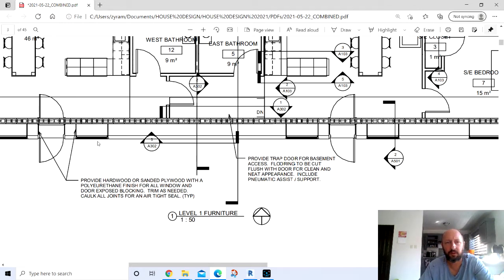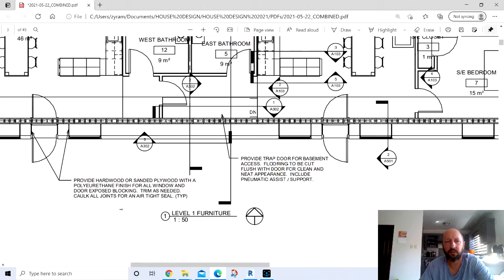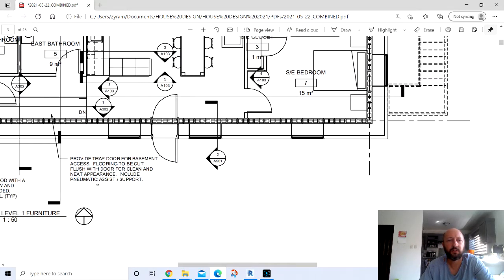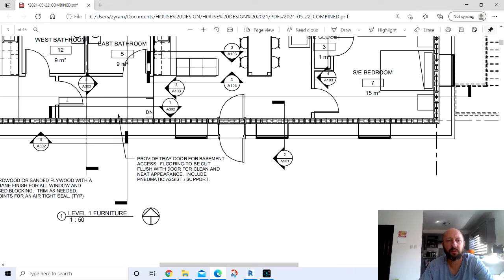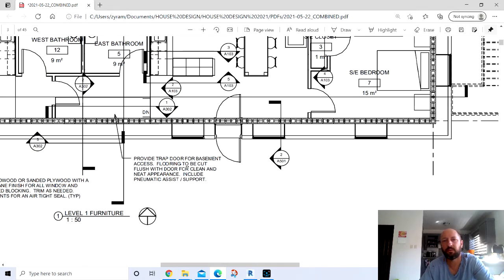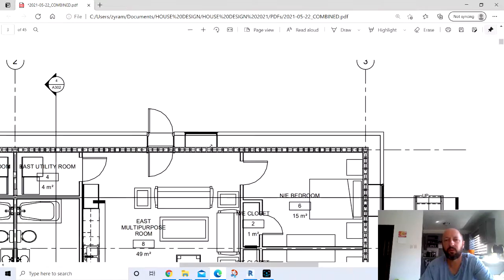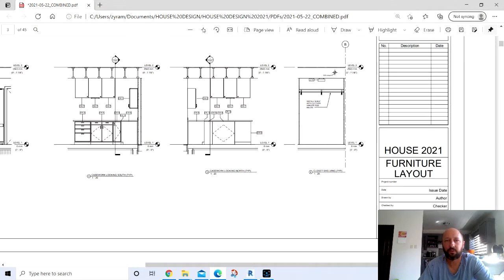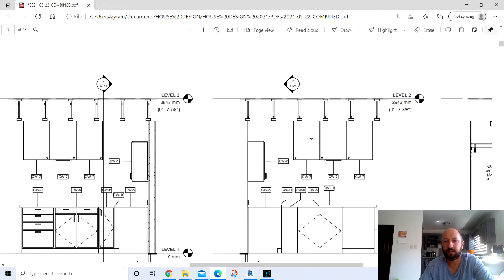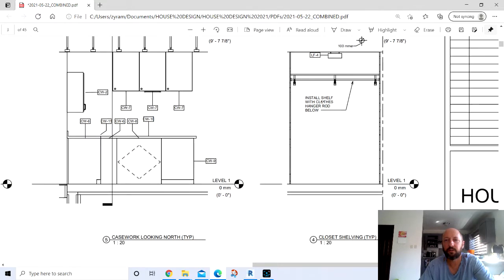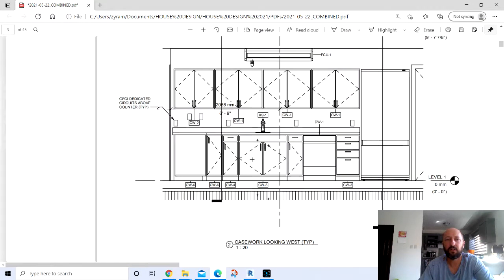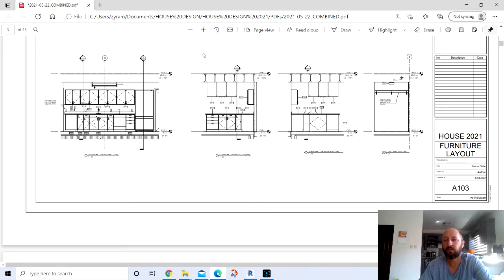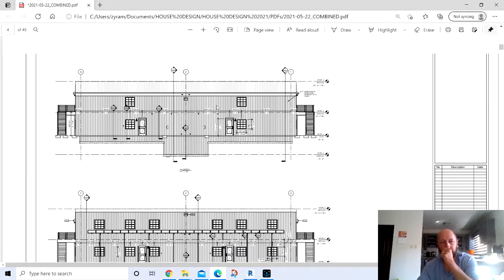Provided, plywood around the windows that'll be sealed, and then polyurethane finish. Trapdoor for the basement. I always hate putting in stairs because it eats up your floor space. So with a trap door there. And then got some casework drawings. These are going to be subjective, whatever you really want to put in there. And then a closet detail for the closet and your casework. And you got your fan coil unit up here, one with a split system for the fan coil units. Of course, we'll get to the HVAC in a little while. These are just